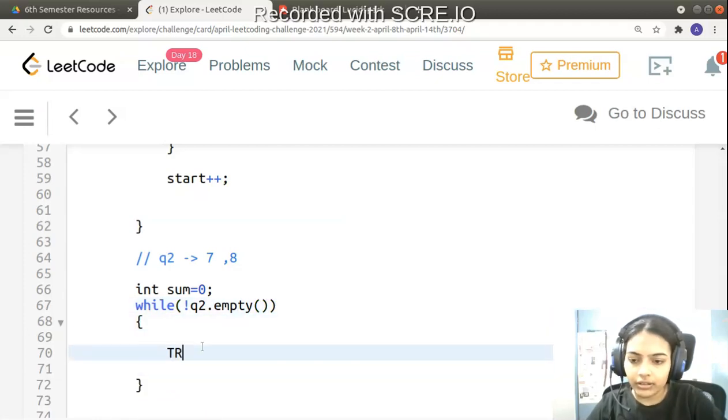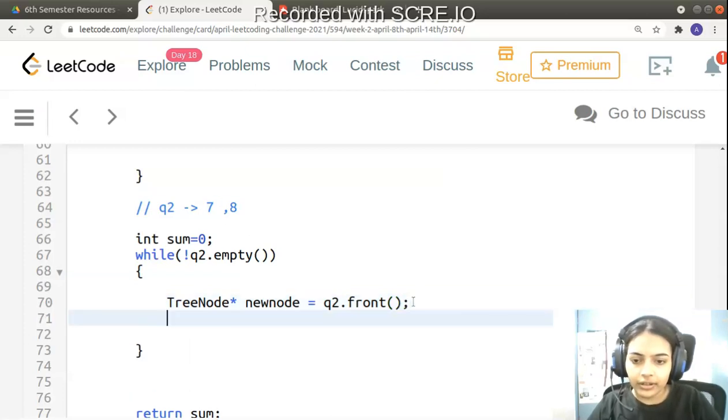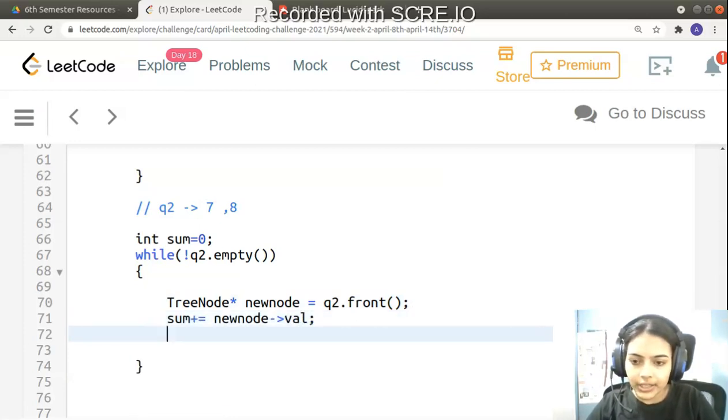I can give the statement tree node star, let's say new node, is equal to q2 dot front. The first time I encounter the node 7, I can just add it in sum. So sum plus equal to new node's val, and I can just pop that node.